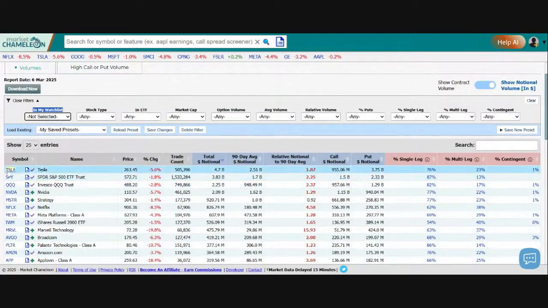So if we come back to this multi-leg column here, it shows us that 23% of all the options volume in Tesla yesterday involved spreads. And from here, if we click on it, this will take us to another page where we could analyze those spreads or view the spreads. And when we look at the spreads,